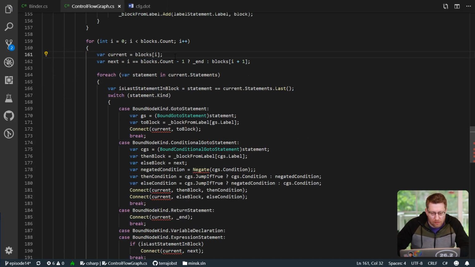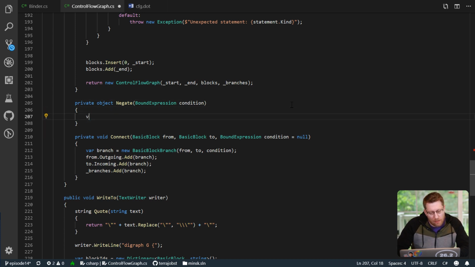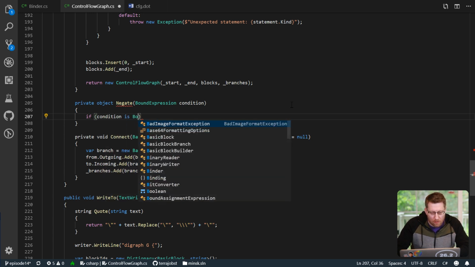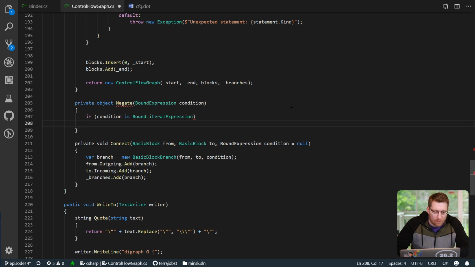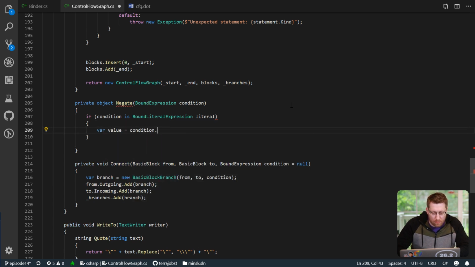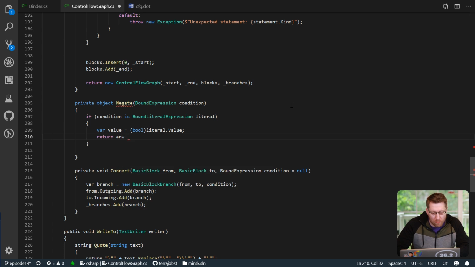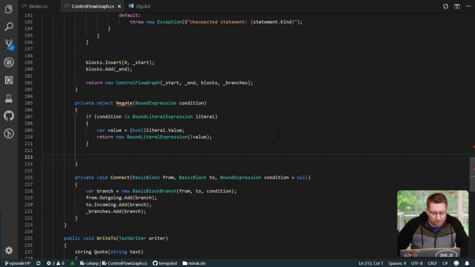And we call this guy current. All right, now we need a negate method. So let's do this, negate. So how do we negate this? We're saying if condition is bound literal expression, literal, in that case we say var value is condition literal value cast to bool, and then we just say return new bound literal expression for this guy, right? We just negate this guy. And of course, this guy returns a bound expression again. If it is not a literal expression,